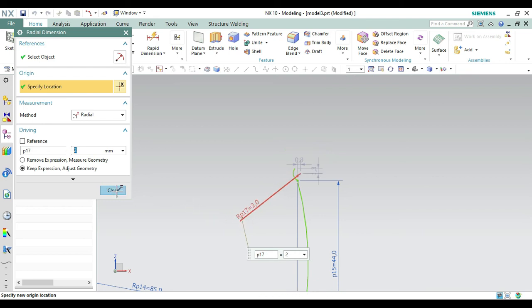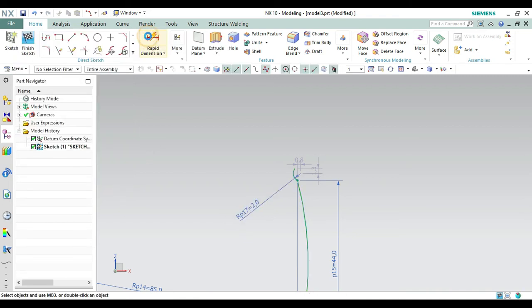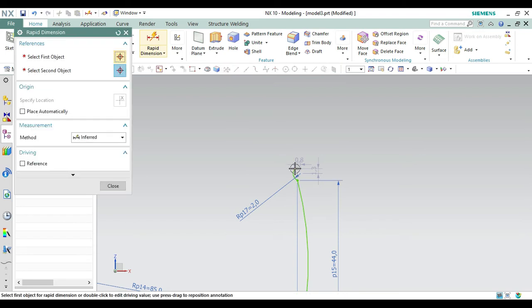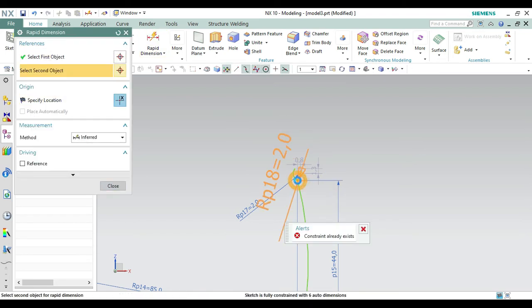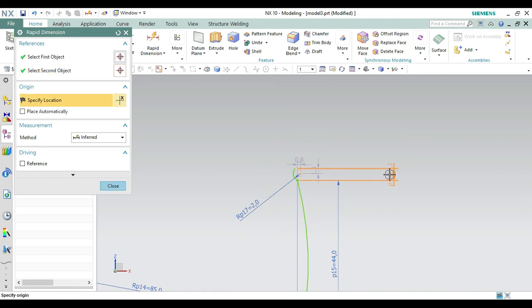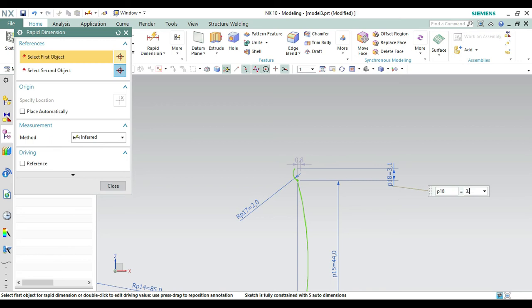Then we have to do rapid dimensioning of the length and the breadth. So let's close the radius. From here go on rapid dimensioning, again taking this point and then taking the second point of the arc. The distance should be of 3.16. So from here let's make it to 3.16 like this one. Now what we have to do is to make the horizontal dimensioning.